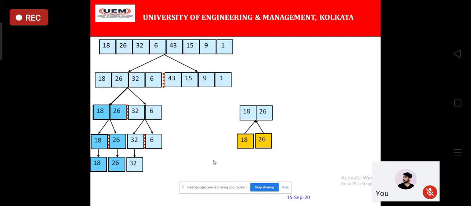Then you will get in this way, 32, 6, then both will be compared, and whenever you compare, you will find 6 and 32. Okay, fine. So see, the level-wise things are the same. Now which function call is remaining? This 18, 26, 32, 6. That means now you have to perform the conquer and combine between these two small arrays.